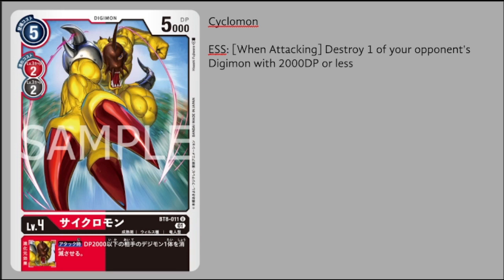So there are just lots of ways that you could utilize this card, and then he also has another static inheritable ability like all of the others we've seen, where it's an 'when attacking' ability, we get to delete one of the opponent's Digimon with 2000 DP or less. So red really doesn't necessarily care about that just because it's going to be harder for red to trigger this ability. It's not super hard because most of the time a lot of decks want to hard play their rookies to try to dig or search for cards, so it's leaving a rookie vulnerable on the field while they're building one in their raising, so it could pick off that Digimon, which isn't bad, and then black could just de-digivolve